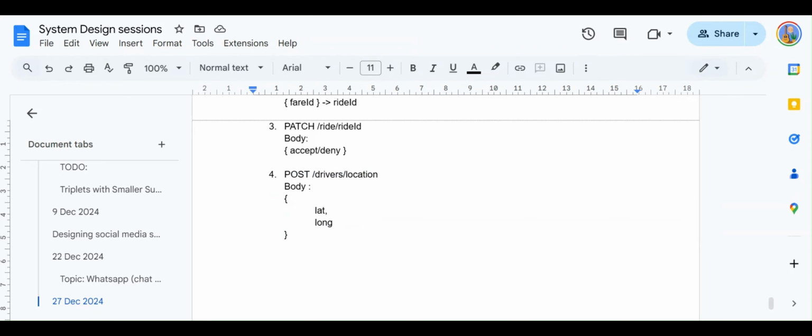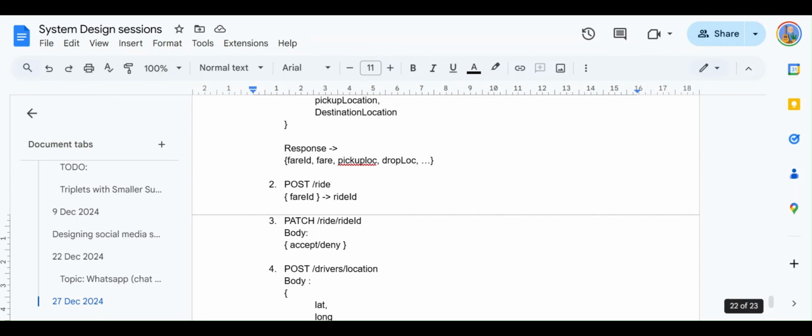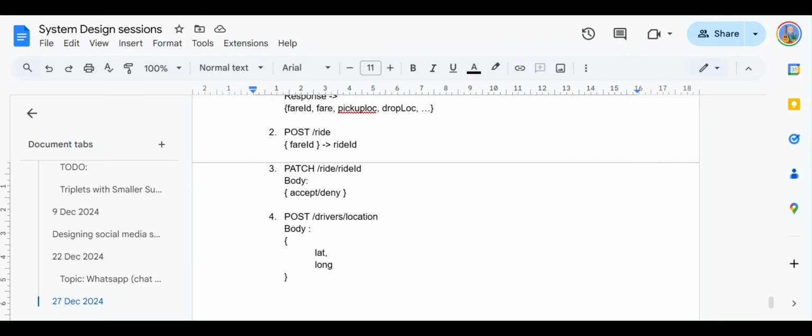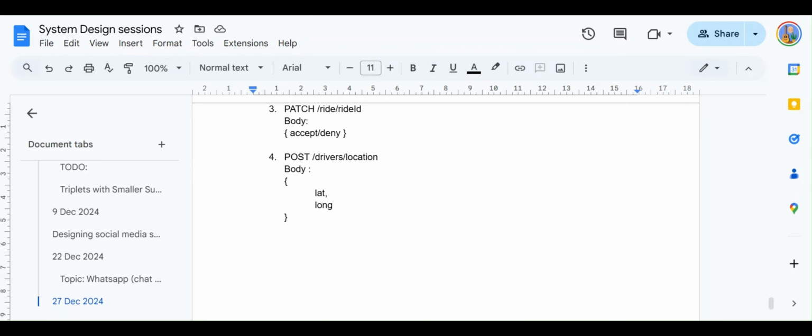All right. This is an important point to discuss, because it's an expectation from us, at least from a staff level candidate, to know about all these data points. And if you're not able to talk about it, it shows a red flag on your side that you do not really understand how systems are built.